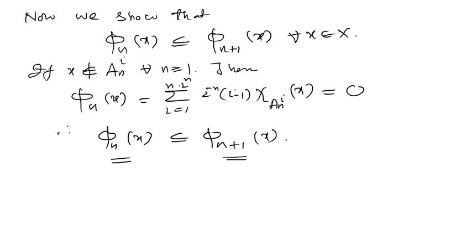So next we show that suppose x is in a certain A_{n,i}. It will be in exactly one A_{n,i}, because the A_{n,i}'s are disjoint with respect to i, and here for each phi_n this n is fixed, so you are varying only i, and with respect to i, A_{n,i} is disjoint. Okay, that you have seen, it's a disjoint sequence. So if it is in exactly one A_{n,i}, then in